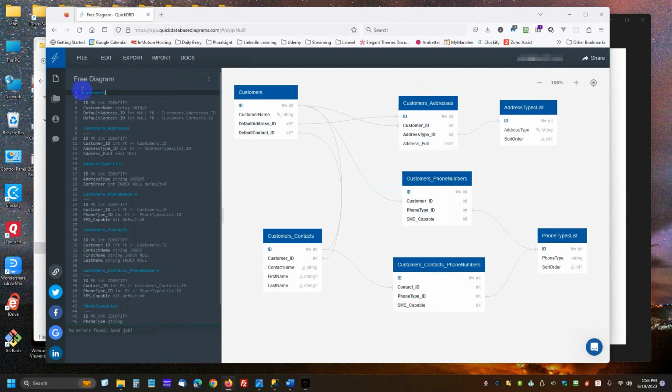What you do is you just basically tell it over here on this panel what your table names are, and you define your field names with certain attributes and it builds this entire diagram for you, which is very, very convenient. And it gets even better than that here in a little bit. I'll show you. But anyway, just to show you what the content is that I created here,